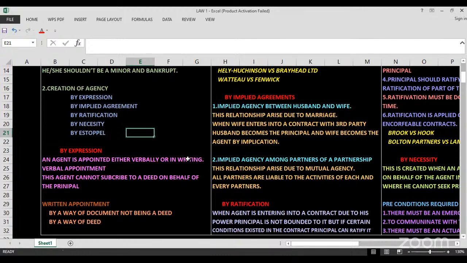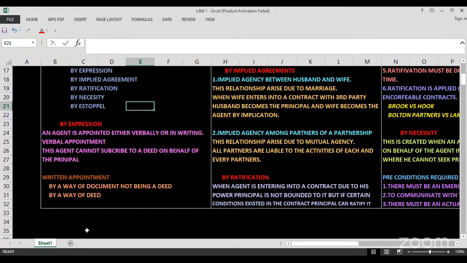Or in the form of a document, within certain procedures, where you tell him, okay, you are an agent for me. With a verbal appointment, this agent cannot subscribe to a deed on behalf of the principal. If we appoint an agent verbally, through word of mouth, telling him, okay, you are an agent,